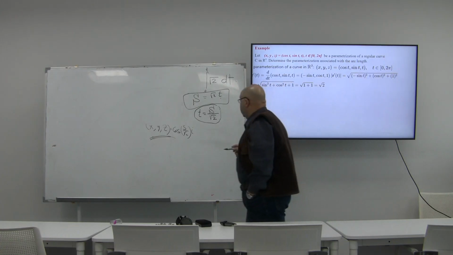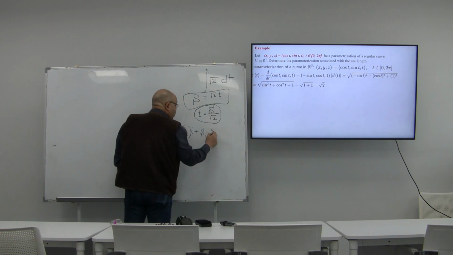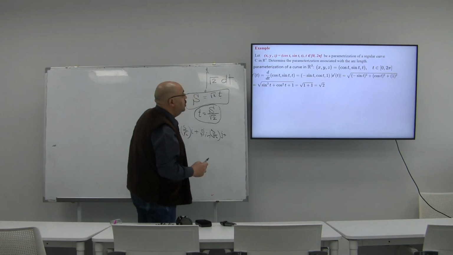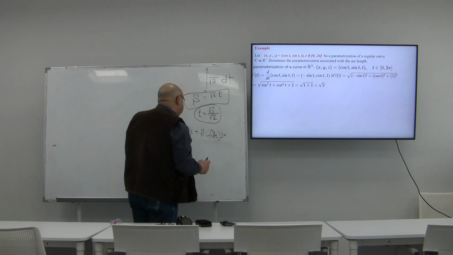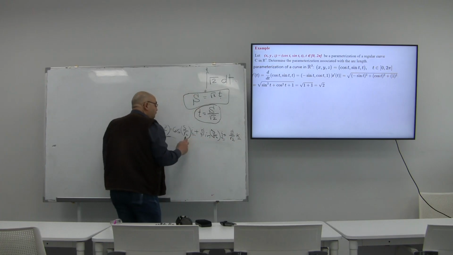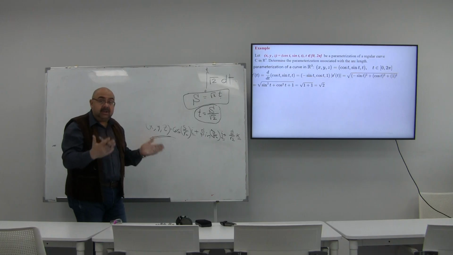The second one is a plus sine of s over root 2 in the direction of j, plus the final one, which is t, which is s over root 2 in the direction of k. And this is the parametrization that he was asking about, parametrizing this curve